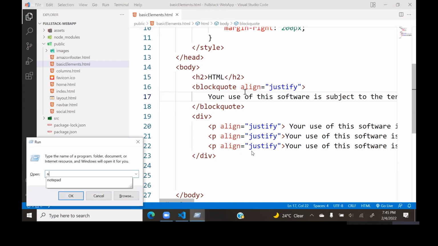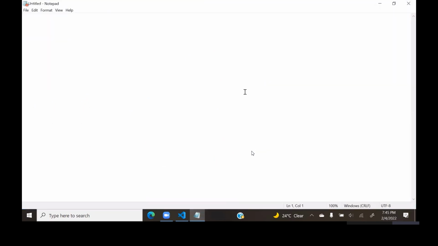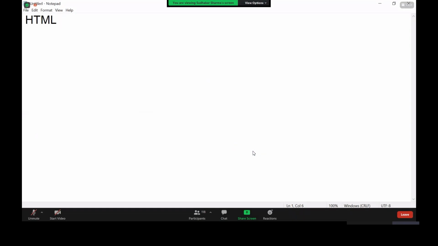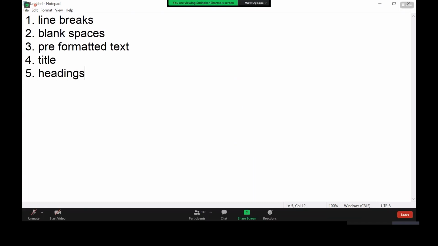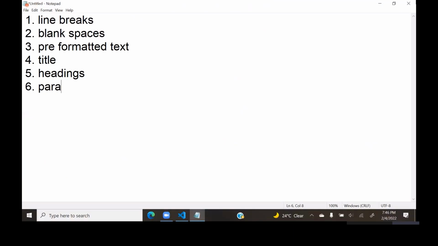So what we discussed in the last session is the HTML basic elements in the body. In that, we learned how to handle line breaks, how we handle blank spaces, and how to use pre-formatted text. We discussed headings, titles, how you keep a title. We learned about headings. We learned about paragraphs,